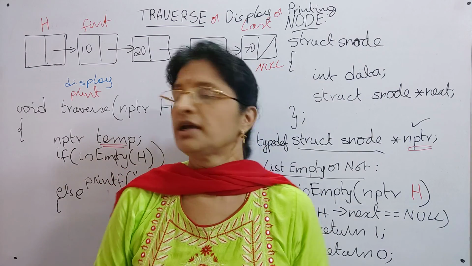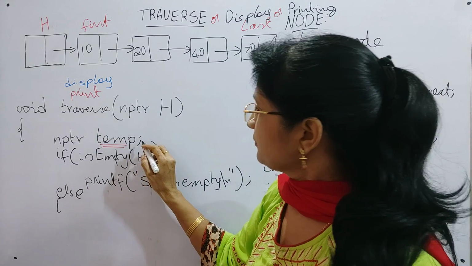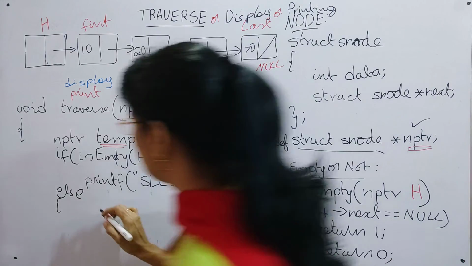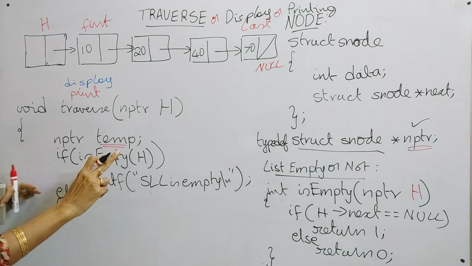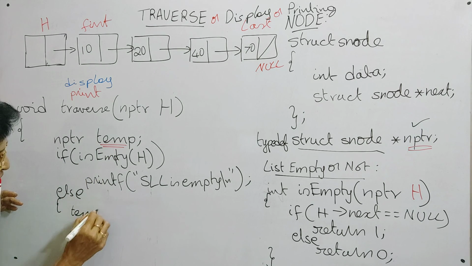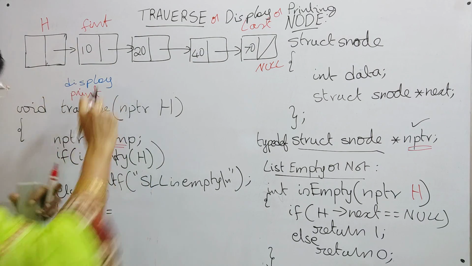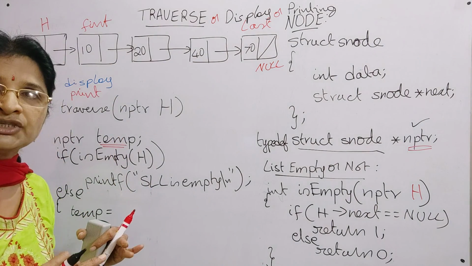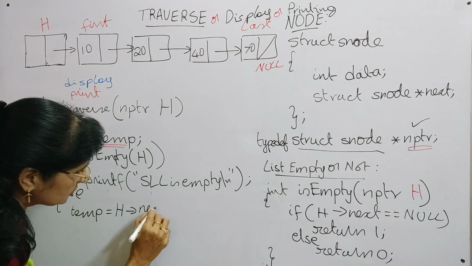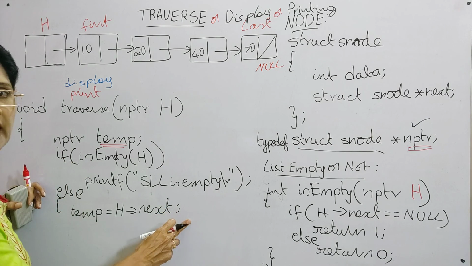perform whatever you want. So here, I have already declared a temporary variable for traversing through the list. Now what I will do here is, first of all, assign the first node address to temp. How can I get the first node address? Where is the first node address available? In h next. So you can get it as h next. So temp is equal to h next.